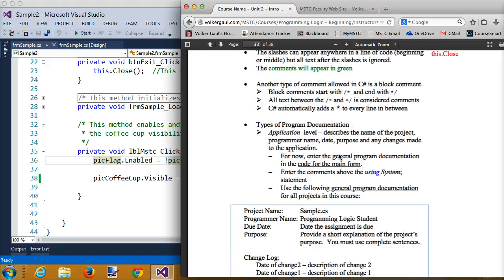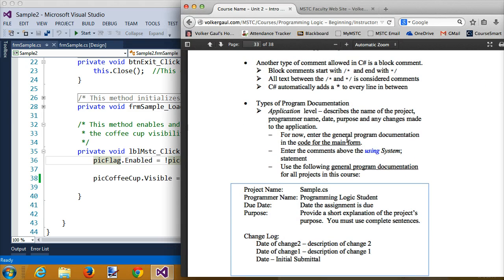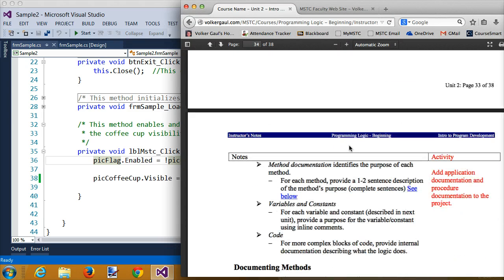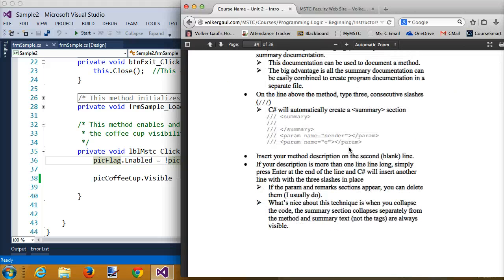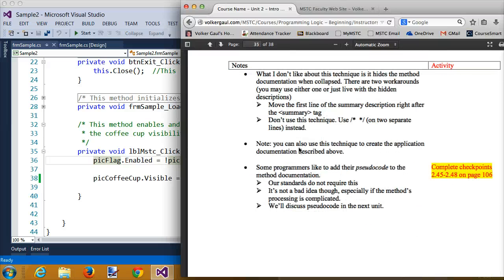We know about the different kinds, and I've already shown you some of the documentation that I expect for methods. This is the old way. It's very cluttering, messes up your code. You might see it in somebody else's code. I think the author uses it later in the book. Please don't do that. What I'd like you to use is the technique that I showed you where you use